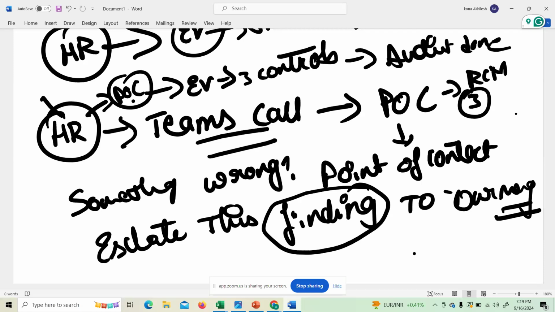In this call, we will ask why this flaw happened, why this finding happened, why there is a mismatch between the controls and the team's performance, and we will take the answer from the team.